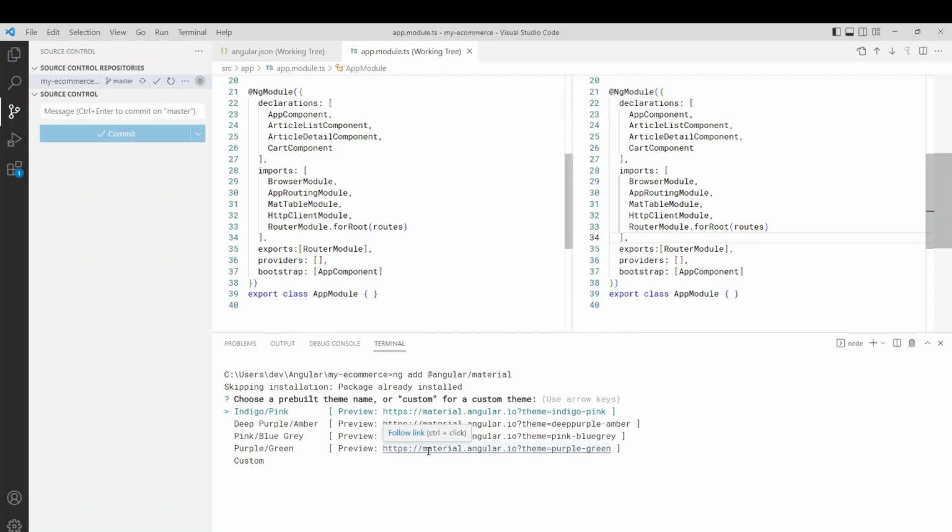Angular Material includes 4 pre-built themes. Practically, themes are CSS files, each with a different collection of colors or palettes. Deep Purple Amber and Indigo Pink are light themes. Instead, Pink Blue Gray and Deep Purple Green are dark themes. Let's see what the application looks like with the